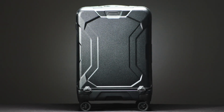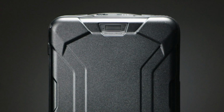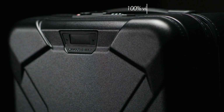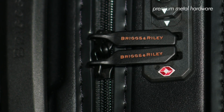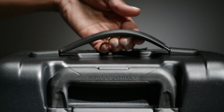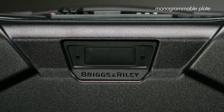Expertly engineered to transport your valued cargo, the Domestic Carry-On Spinner is the optimal bag for any adventure. Made using 3 layers for scratch resistance with 100% virgin Macrolon polycarbonate, Torq's outer shell is high strength, lightweight, and provides elasticity and resiliency. Premium metal hardware, tactile and retractable soft touch carry handles, and strategically molded grab locations make handling the bag easy. And a monogrammable plate allows you to add your distinct initials, making the bag all your